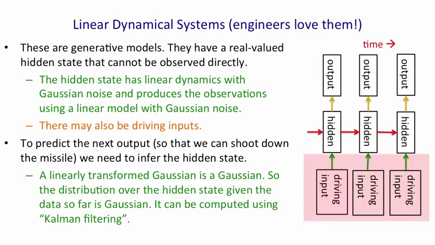One nice property that a Gaussian has is that if you linearly transform a Gaussian, you get another Gaussian. Because all the noise in a linear dynamical system is Gaussian, it turns out that the distribution over the hidden state, given the observations so far, that is, given the output so far, is also a Gaussian. It's a full covariance Gaussian, and it's quite complicated to compute what it is, but it can be computed efficiently, and there's a technique called Kalman filtering that's an efficient recursive way of updating your representation of the hidden state